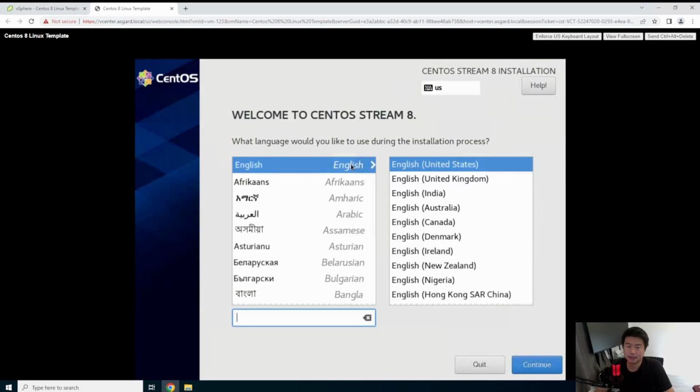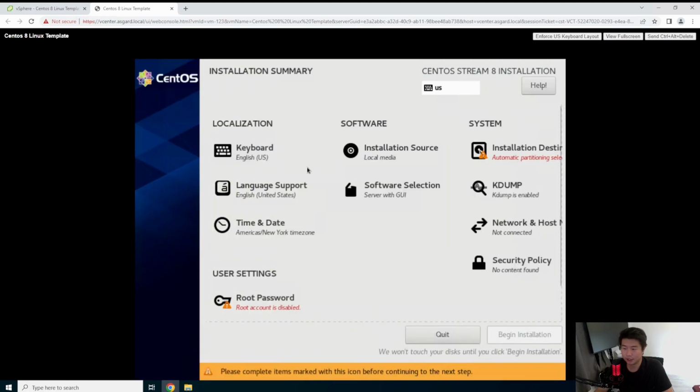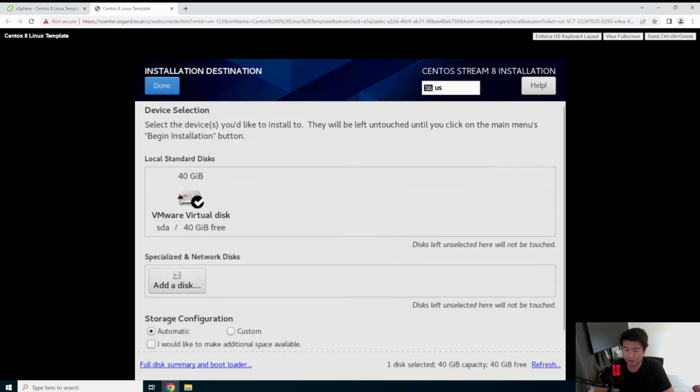All right. So the nice part about this is there is a little bit of a GUI. For the most part, I'm going to put English. We're also in the United States. If you just decide you want to do a different language, you're more than welcome to, but we're going to stick in English. So we click continue. Okay, so the things that you will need to do by default here is go to installation disk setup,